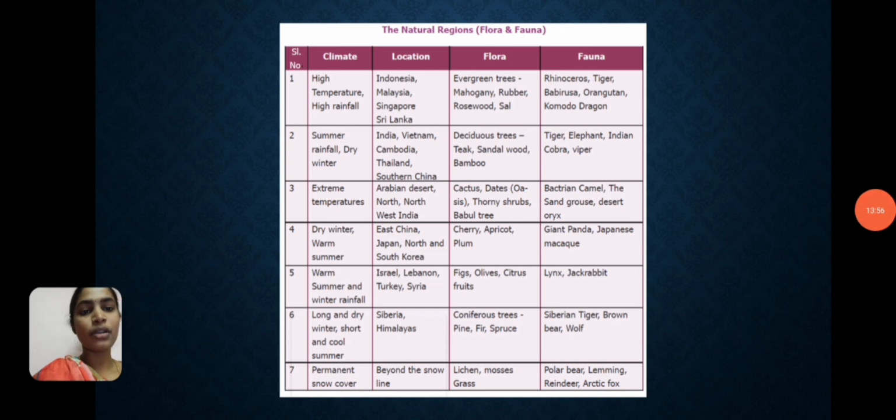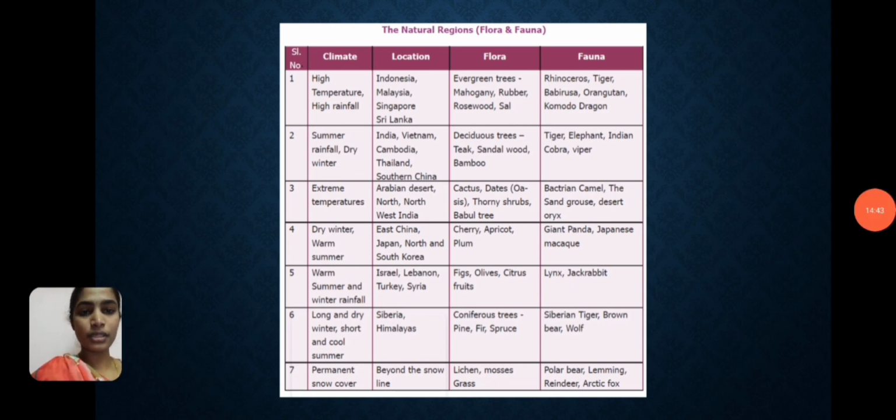Sixth one is long and dry winter, short and cool summer. Okay. Location is Siberia, Himalayas. Flora is coniferous trees, such as pine, fir and cypress. Okay. Fauna is Siberian tiger, brown bear and wolf. Okay, student.